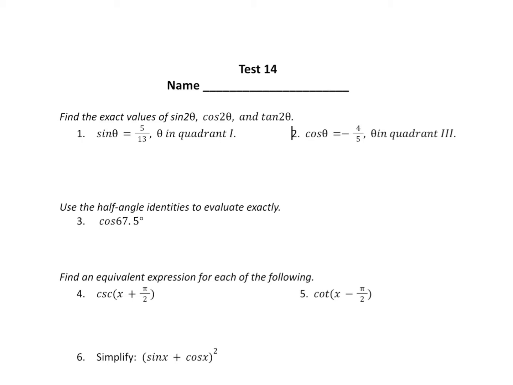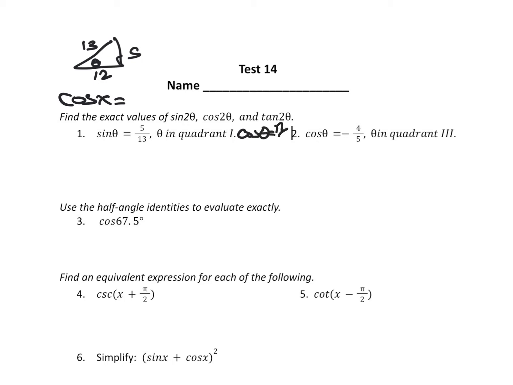Before we do those though, number 1, they gave me the sine. You also need to find the cosine. I'm gonna use the x instead of theta, so I gotta find cosine x. Now, sine is 5/13 in quadrant 1. You can either go cosine squared plus sine squared is 1 to find the other one, or you can just draw a triangle if you want to. Draw your right triangle. Sine is opposite over hypotenuse. Do Pythagorean theorem. You're going to find out that side is 12,